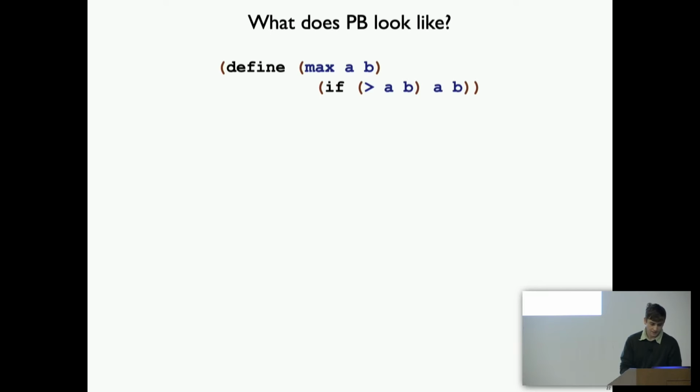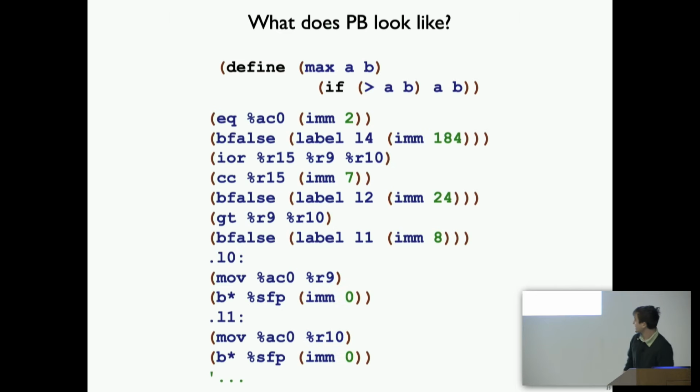Great. So to give you just a sense of what PB looks like, as I feel like I need to here, here's a simple max function in Scheme, and I'm going to show you a fragment of instructions. This output actually comes from a disassembler for PB that I wrote as part of my debugging process. It doesn't really matter that much what this is doing. This is actually doing an argument count check and some type checking to dispatch to different points in the function. Really, all this is to say that PB is a more standard kind of ISA. It kind of looks a bit like ARM.